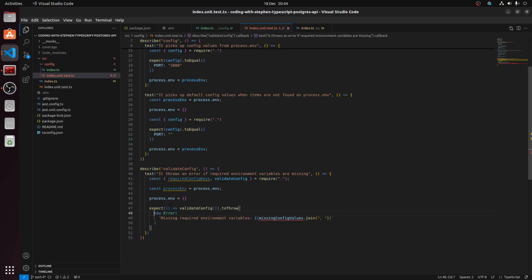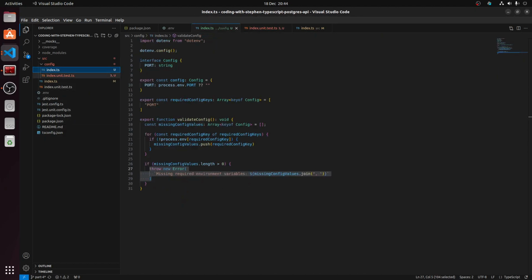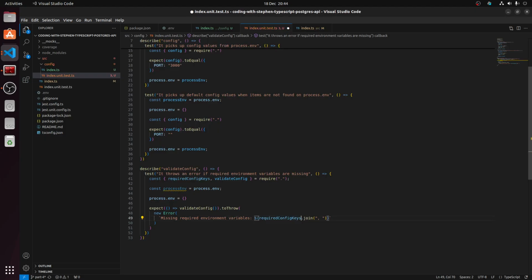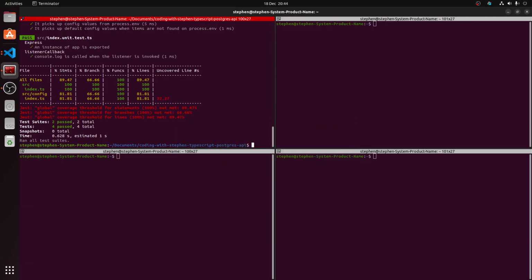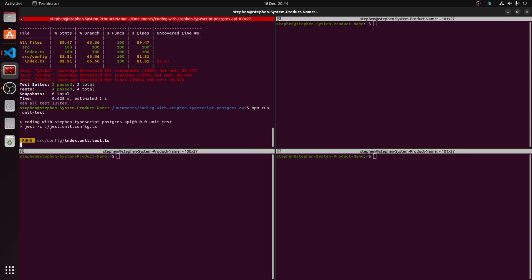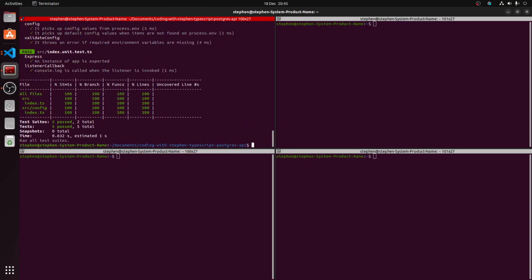Let's just remove that throw, and we've got this one here. So these are the required variables that we're expecting, and we're expecting the error that's thrown to contain every required variable because we've got none of them defined here. And then finally what we'll do is we'll reset the environment back to what it was before. So let's run those unit tests again now. And what we've got is a full set of unit tests